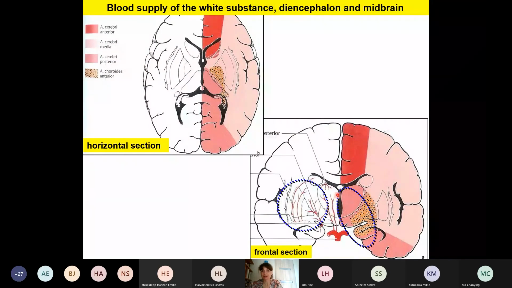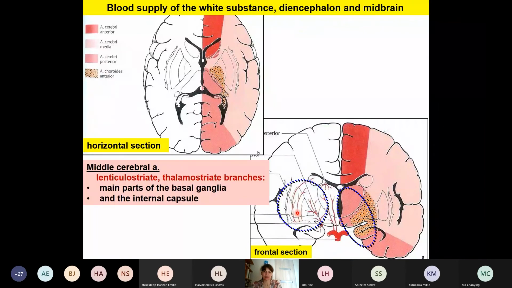And in these horizontal and frontal sections, you can follow how the inner parts of the brain, so the white substance and the basal ganglia, are supplied. And I want to emphasize here the middle cerebral artery and its branches, the lenticulostriate and thalamostriate branches. These are shown here by this